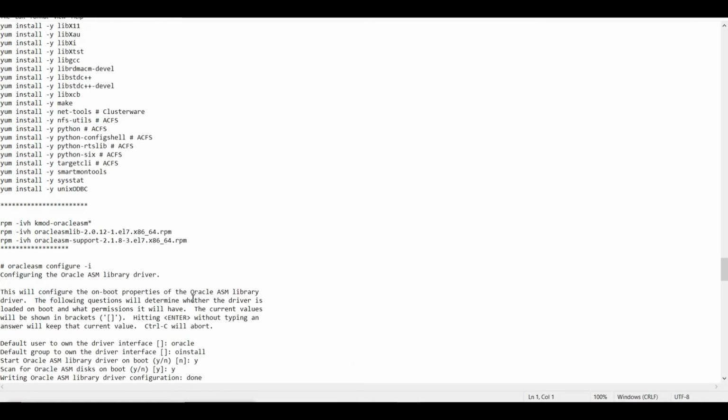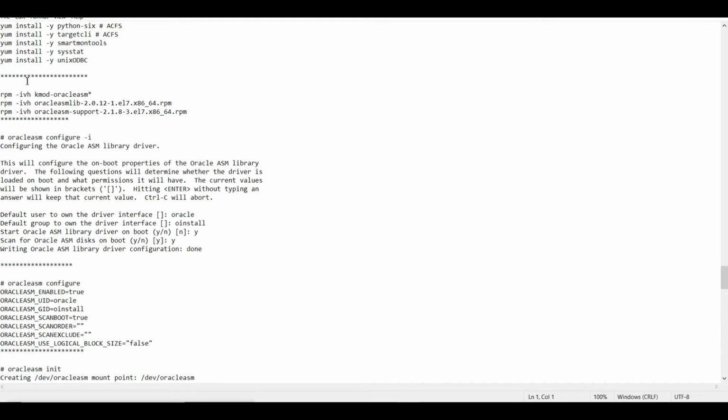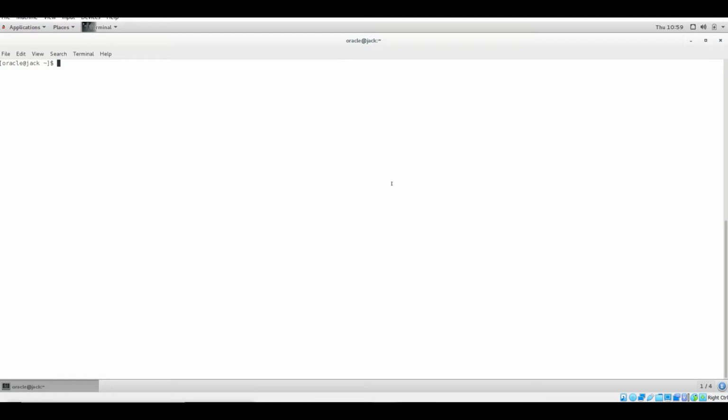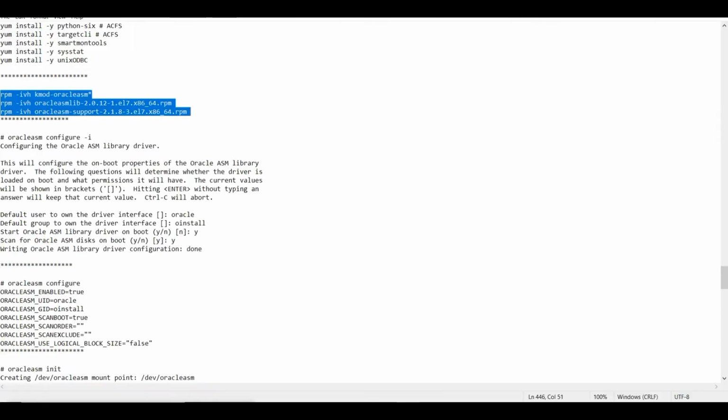First and foremost, we are done till here. And now what I need to do is install these RPMs. Let me proceed one by one. First of all, let me choose the disk. Okay, the disk is there.